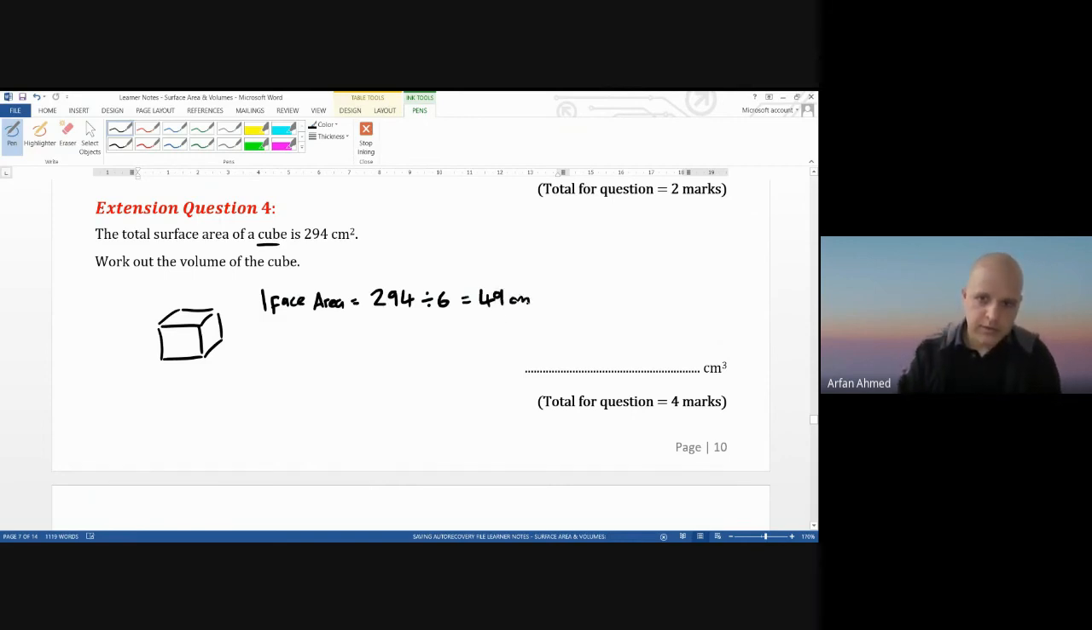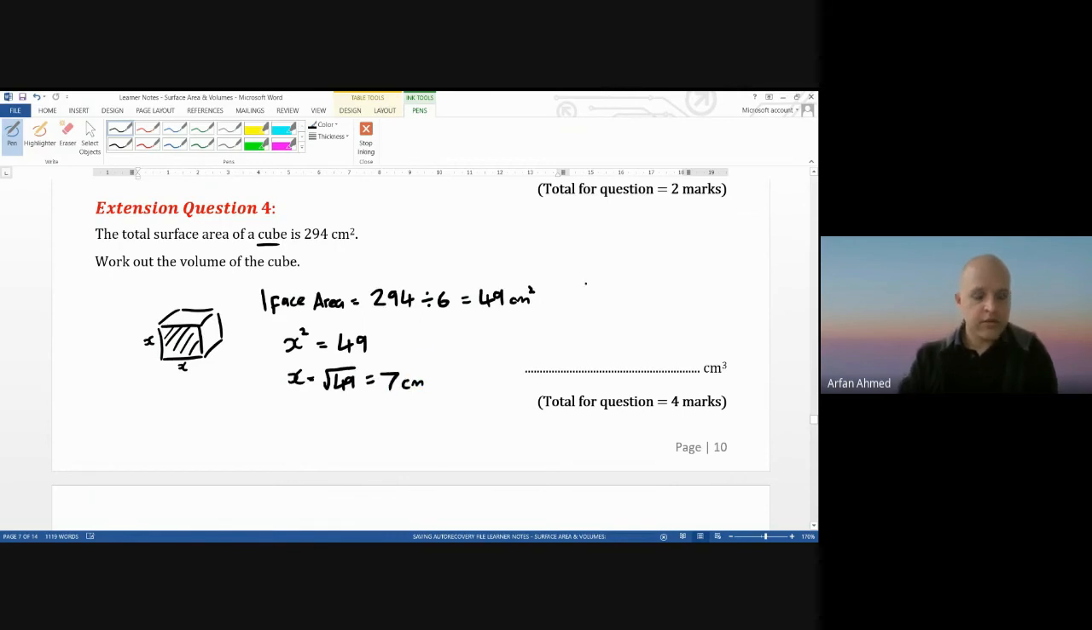I see where this is going. So let's imagine that one of these faces is 49 centimeters squared. That's your length. That's your width. Because it's a cube, all sides are the same. Let's call that x. That's going to be x as well. So something times something gives you 49. What's that something going to be? So x squared equals 49. So x is going to be the square root of 49, which is 7